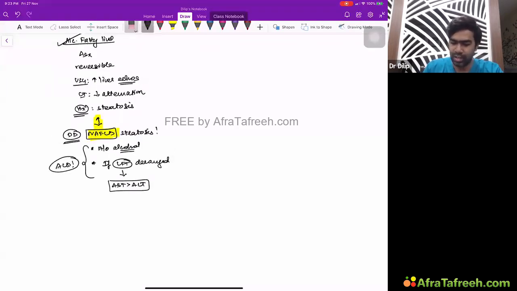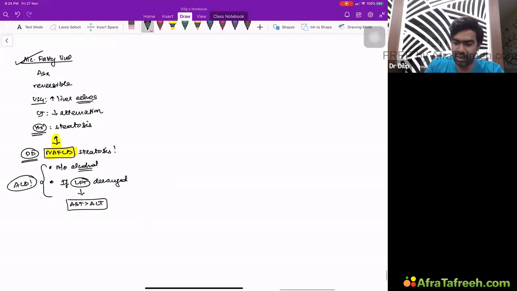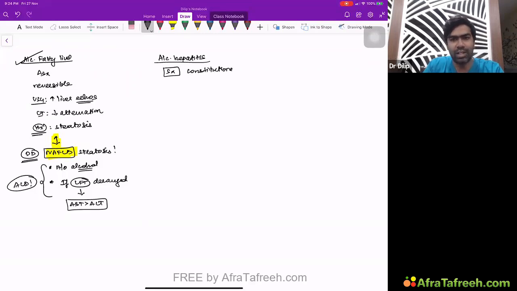On the other hand, the second disease they can develop is alcoholic hepatitis. This is the second disease they can develop, which is very important for your exam, the alcoholic hepatitis. So alcoholic hepatitis patients will definitely be symptomatic. 100% they'll be symptomatic. Usual symptoms will be constitutional symptoms like fever, fatigue, anorexia, weight loss, a little bit of tachycardia may be there. And plus or minus, they might have a tender hepatomegaly, especially right upper quadrant pain.